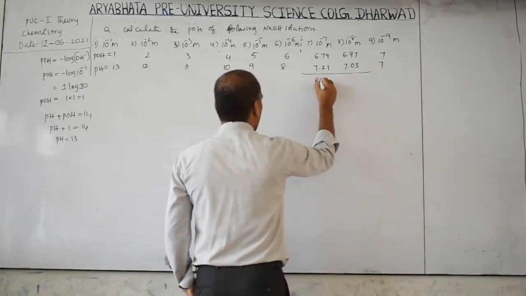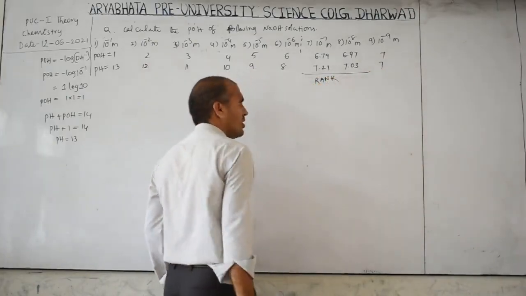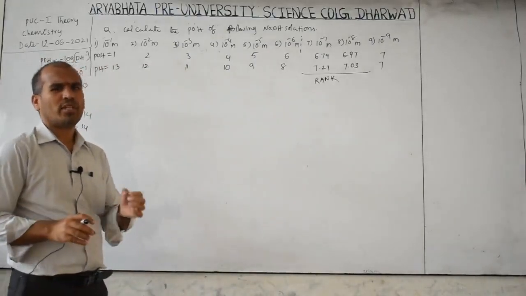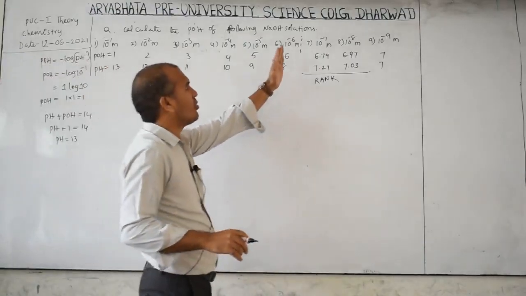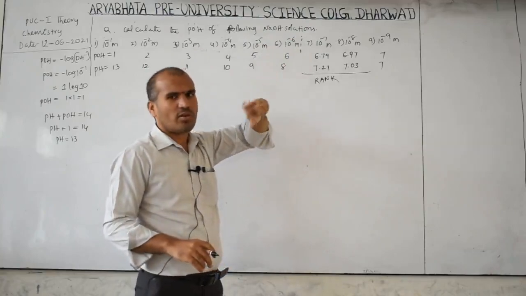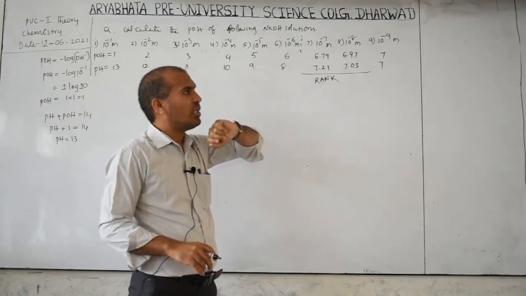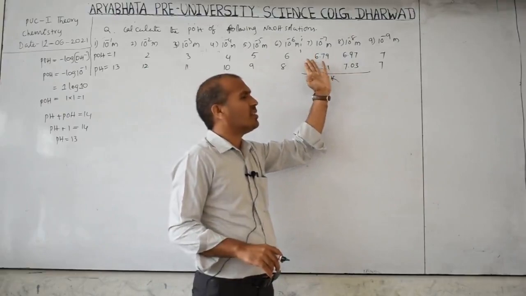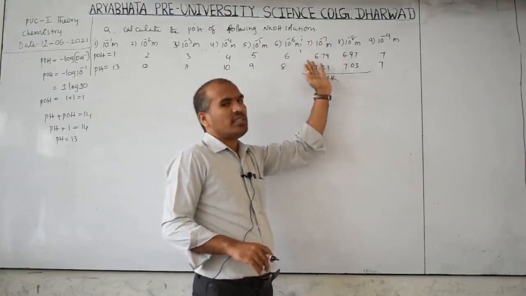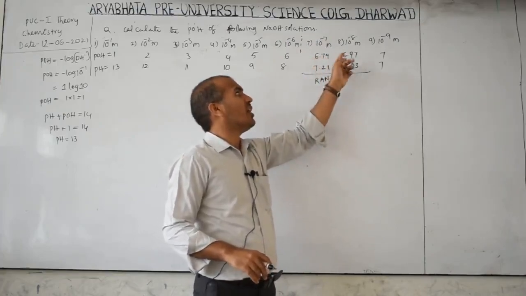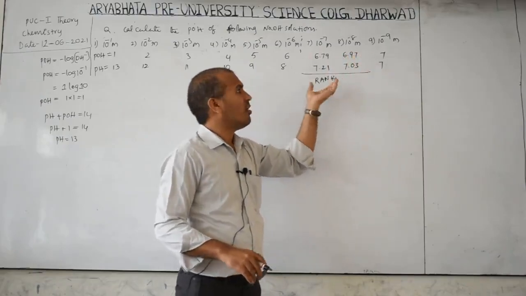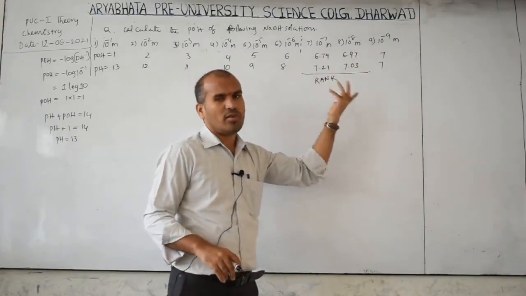Directly you can remember. These are the very important shortcuts. Without calculation you can answer in the competitive exam within a second. Up to 10 power minus 6, their pH or POH is the same as that power without the negative sign. This is the plus value only. And this is pH or POH 6.79. Remember 6 is the same, but 79 is reversed here, 97. If you want pH, subtract from 14, then you will get this answer.